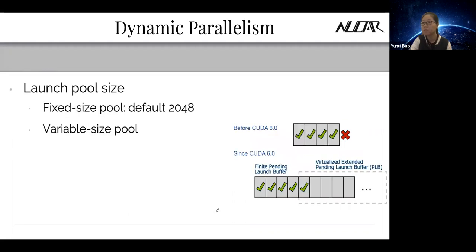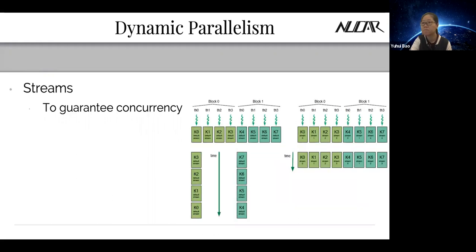Before CUDA 6, there was a limit on how deep you could go with dynamic parallelism. But now you have this variable called pool size. Pool size is 2048 by default. So you do not have a limit, so you can do whatever you want. Also for concurrency,